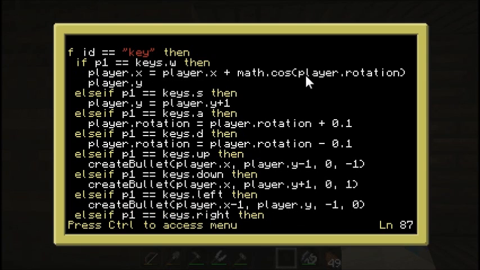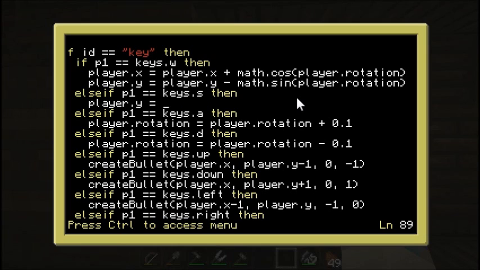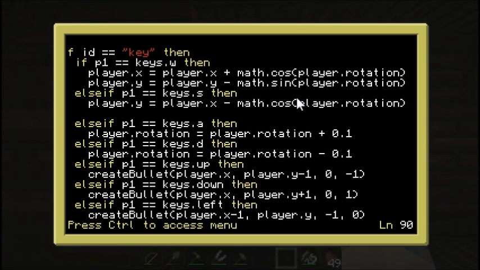And player.y is equal to player.y plus math.sine player.rotation. Don't forget to reverse the direction of that, so that is now negative. And now, as we're moving backwards, moving backwards is just as simple as moving back to the step, minus. And you should see, as we said beforehand, the player is always moving by the added up step, because